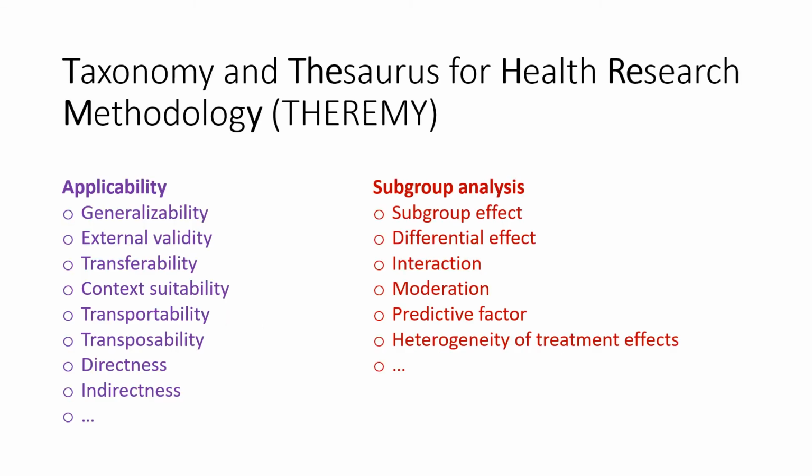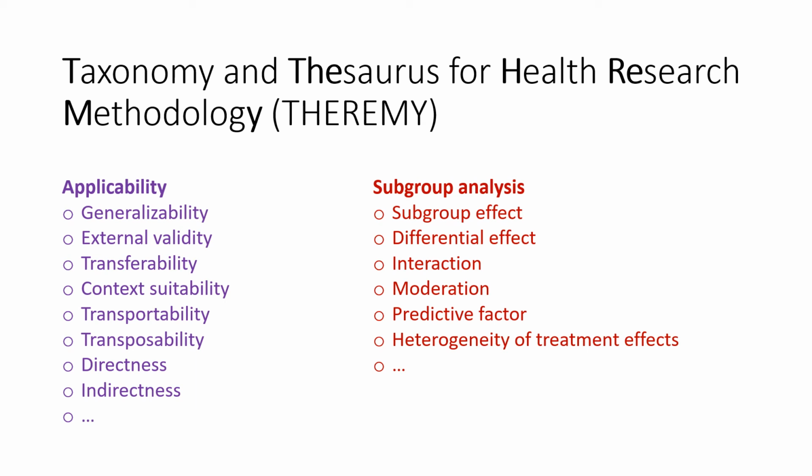Here's something that I'd like to mention. It's a project that's closely related to LIGHTS. In LIGHTS, what we do is we look at all the guidance articles and we index them with methodological terms, and we do that in duplicate. And why is that necessary? For instance, here are just two examples of methodological concepts.